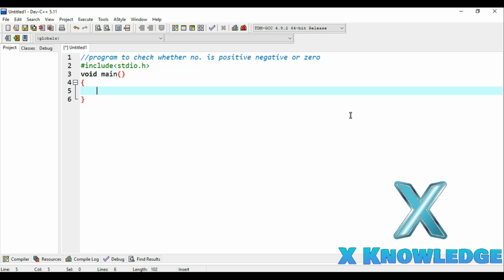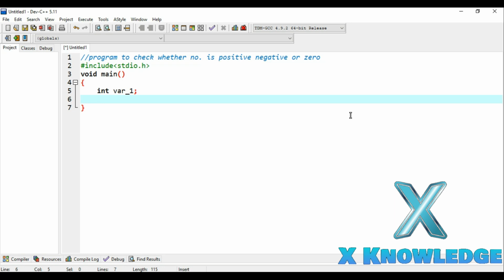Now we will define a variable in order to store the number which the user is going to give us. We will store that number in a variable. So let's define var1, and we will give a message to the user with the help of the printf function of the stdio.h library. So, enter the number to check. All right, and we will use a special character, that is \n, here. What this will do for us is that after printing this line the cursor will move to the next line. All right, let me comment it: \n is for new line.